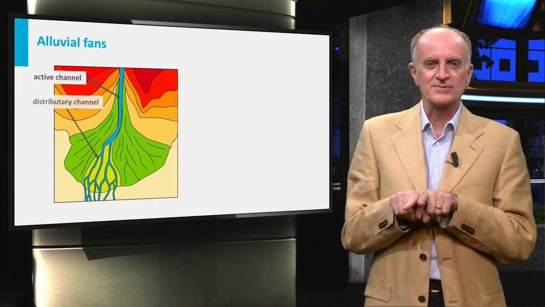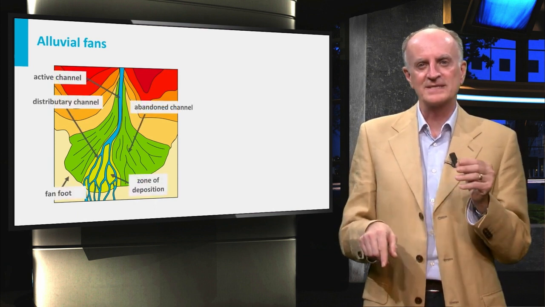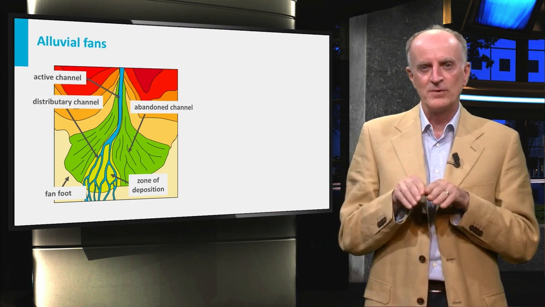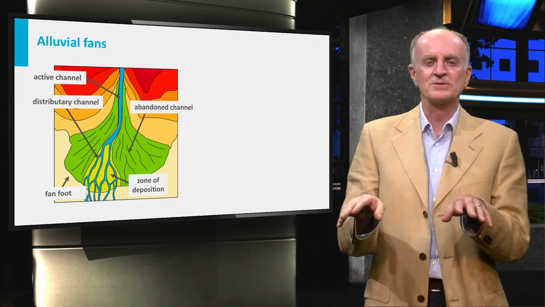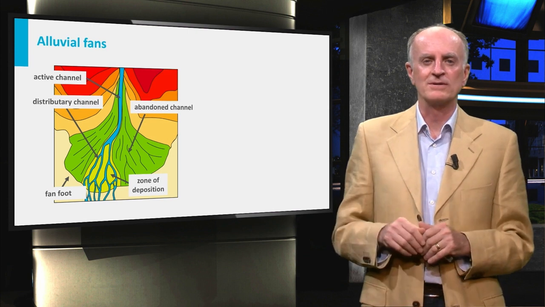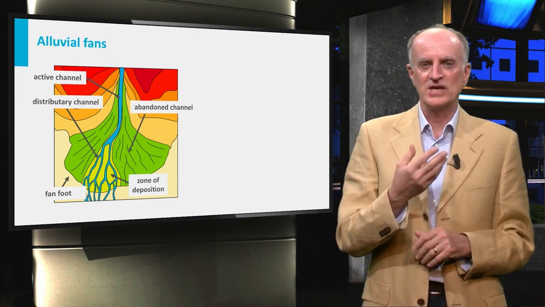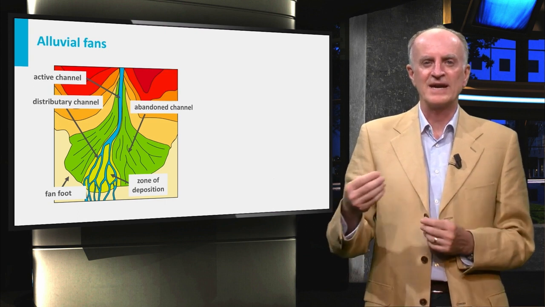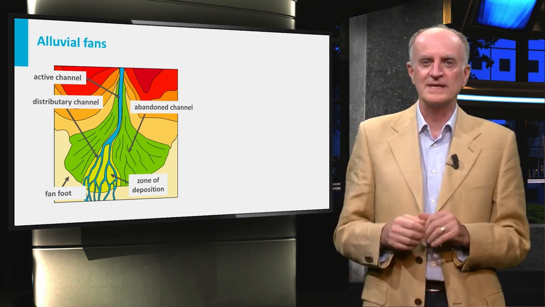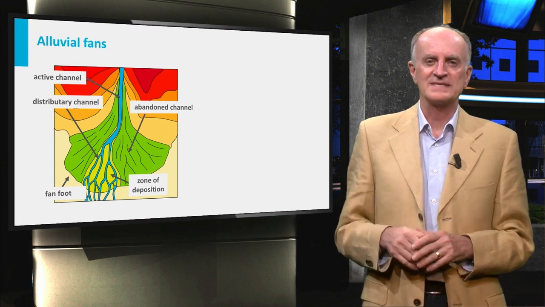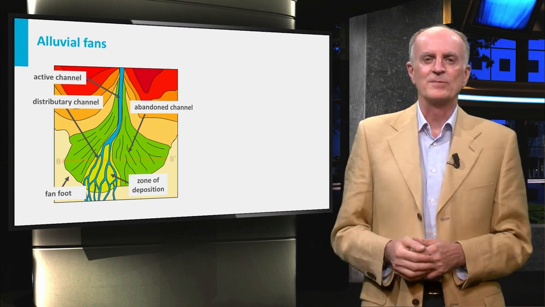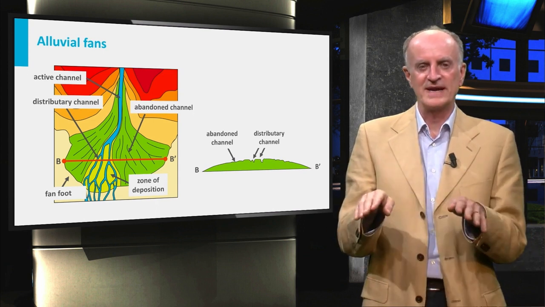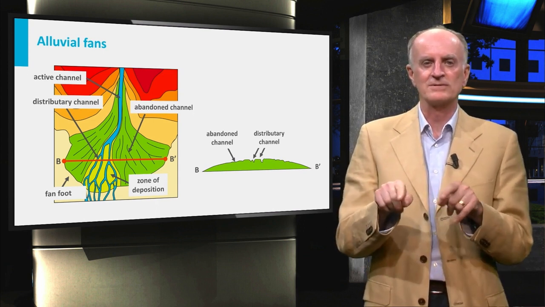The fan has a triangular shape with the apex placed at the exit of the valley in the plain. From here, waters during normal precipitation periods flow along distributary channels. Grain sizes change from the apex to the foot, being coarse-grained at the top and finer-grained at the bottom. Sorting is in general poor because sediments have been dumped quickly. In the vertical section, you can recognize the convex shape of the fan and the trace of distributary channels active